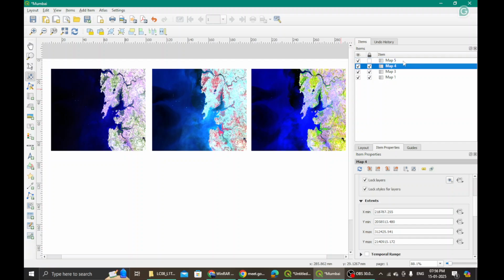Okay, this is my map 4. Where is it? There it is. Let me just remove this. I will delete this. Okay, I go to add map. I say add map. I want this block also to be of the same dimension as these three tiles. So what do I do? I hold this. Otherwise, I'm moving here.